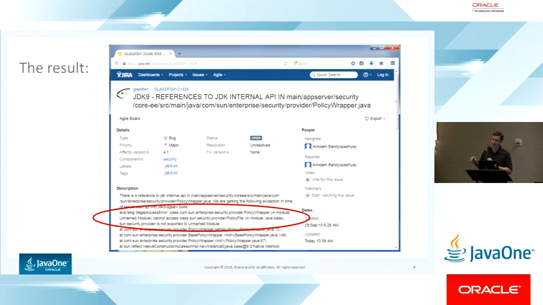Here's a slightly aging but very interesting example from Glassfish 4.1. At the time of screen grabbing, it didn't start on JDK 9 because the VM threw an illegal access error. I don't expect you'll be able to read the tiny text, but it says, illegal access error, class com.sun.enterprise.security.provider.PolicyWrapper in unnamed module, don't worry about that yet, cannot access class sun.security.provider.PolicyFile